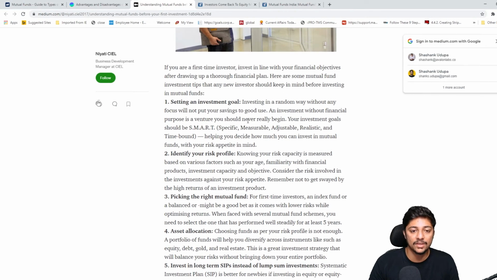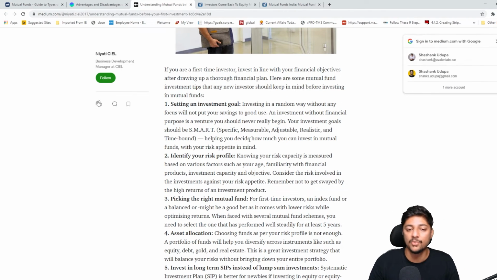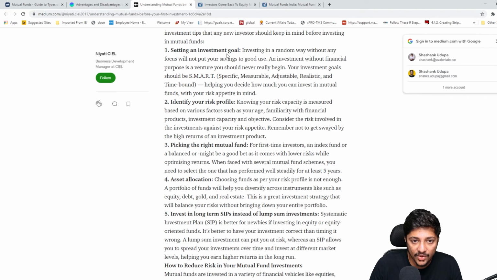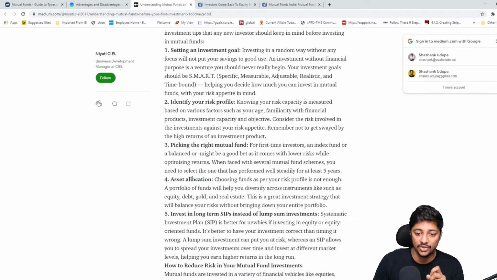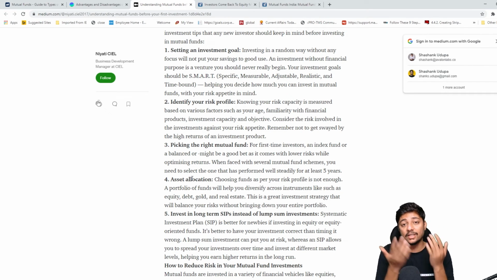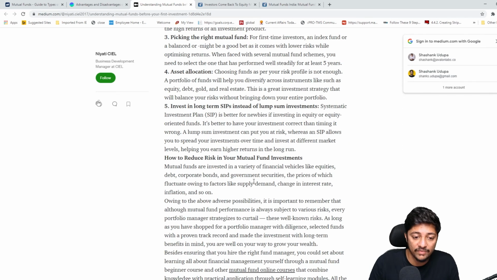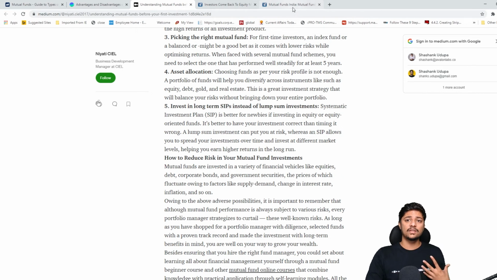So here, the important thing before you start investing in a mutual fund is to set up a goal. Okay, set an investing goal, identify your risk profile, कि मैं कितना risk ले सकता हूँ, because there are so many mutual funds that are less risky, very risky also, and I will show you how to do that. Then finding out the right mutual fund for you to pick. Okay, find out asset allocation. So I'll talk about asset allocation as well. Asset allocation basically means this mutual fund किधर किधर पैसा डाल रहा है. Okay, and whether you want to invest long term in a SIP, or you want to do a lump sum investment as well. So all of these different things are there.